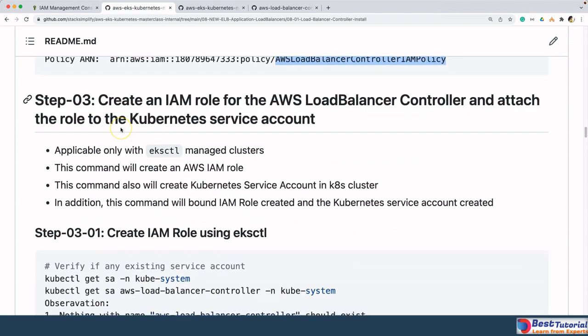That's good. So in the next step, we are going to create an IAM role for the AWS load balancer controller and attach the role to the Kubernetes service account. For this, we are going to use eksctl, right? Using eksctl, we can do that. eksctl directly has a command called create iamserviceaccount. Which means it will create a